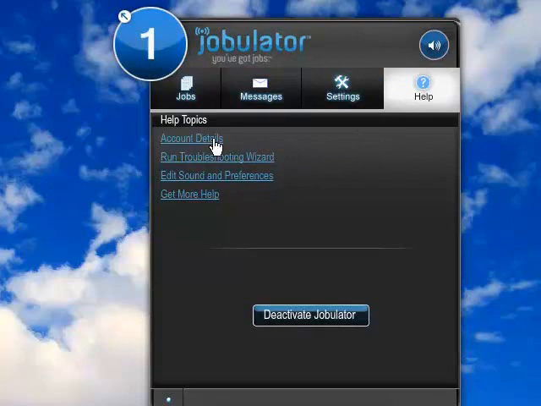www.jobulator.com. There you'll see a list of your current active school districts that use Jobulator, your renewal date, and your activation key. You can also renew your subscription on that page. Run Troubleshooting Wizard will test your sound settings as well as your connection to our servers. Editing sound and preferences will take you to the General Settings tab, and Get More Help will direct you to the Jobulator Help page at